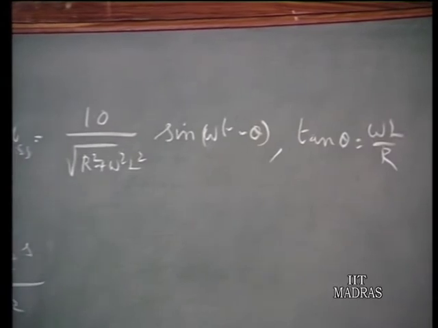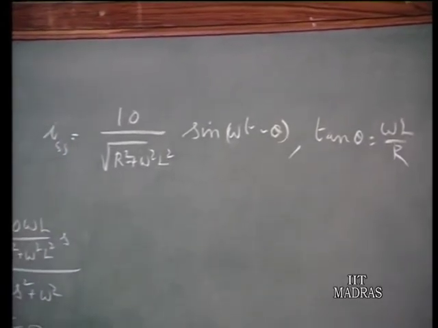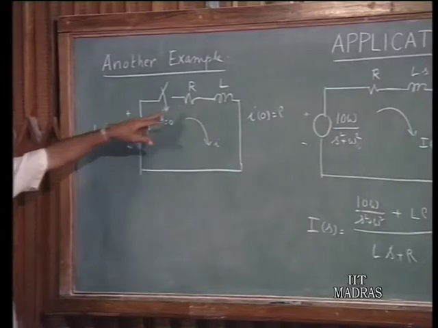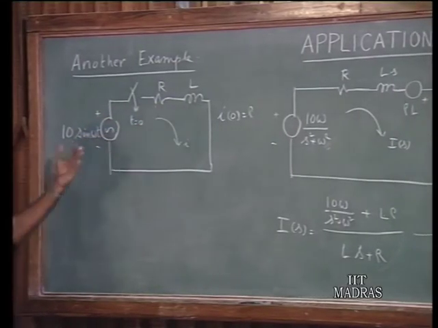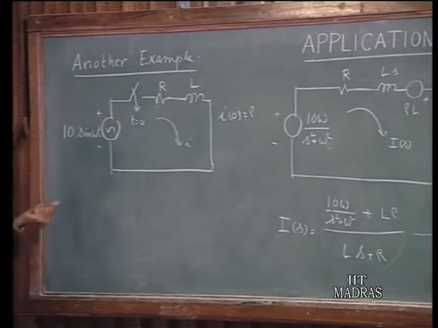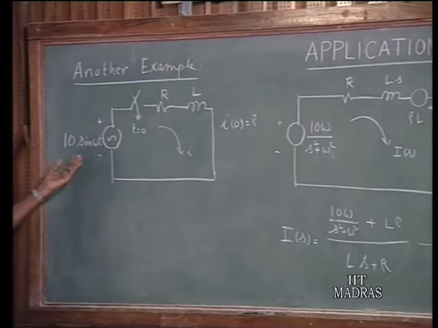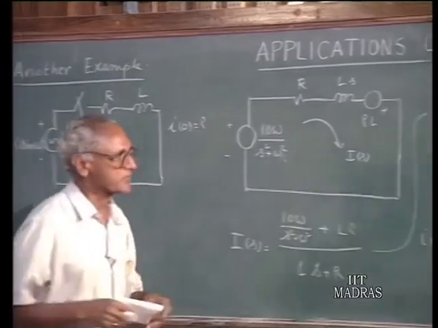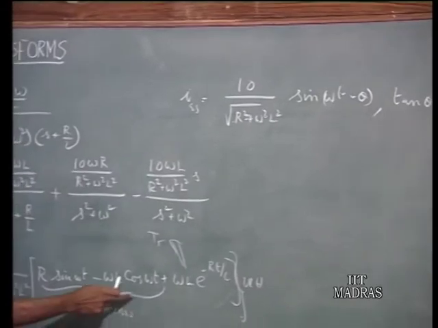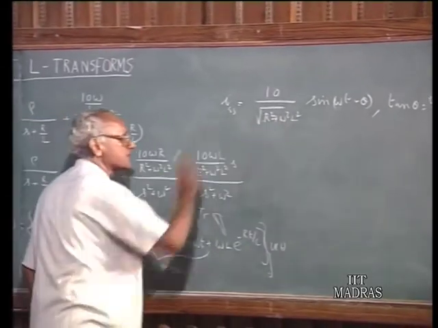You have here an AC circuit in which you have a driving force 10 sin omega t and you have an r and L in the circuit. Therefore, the impedance is square root of r squared plus omega squared L squared and the power factor angle equals tan inverse of omega L over r. So, that is the steady state solution. You combine these two and you can show very easily that the sum of these two is indeed this.